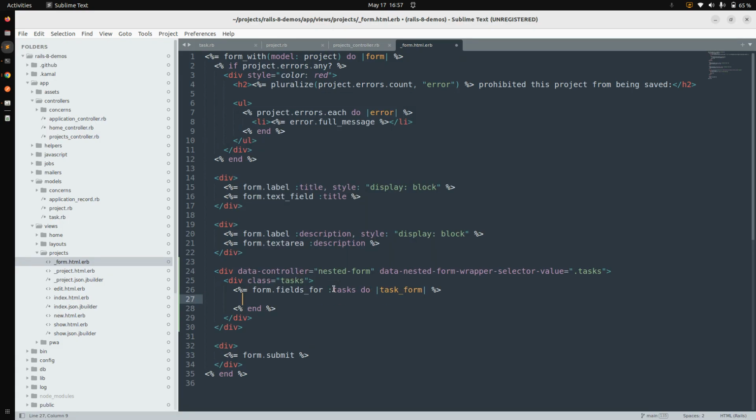And now within this form block, we need to render a partial which contains the attribute list, or you can say like the form for the task. Okay, which is for example only the title attribute for now. But if you wish you can add more attributes there as well. So here what we need to do,